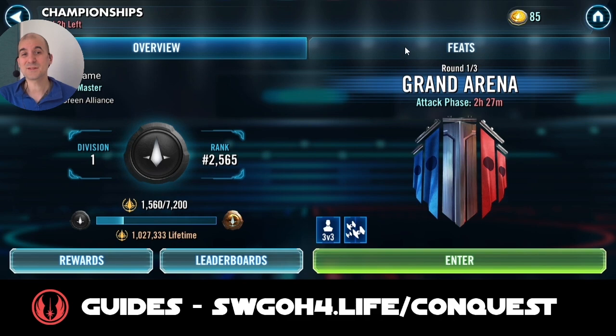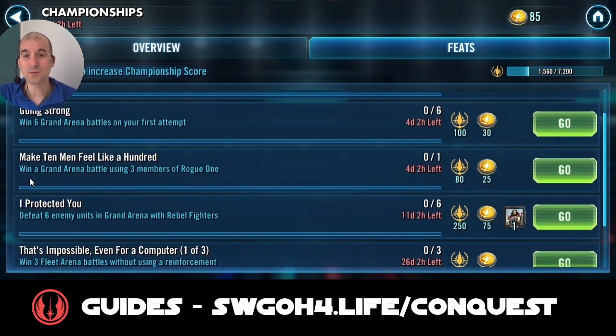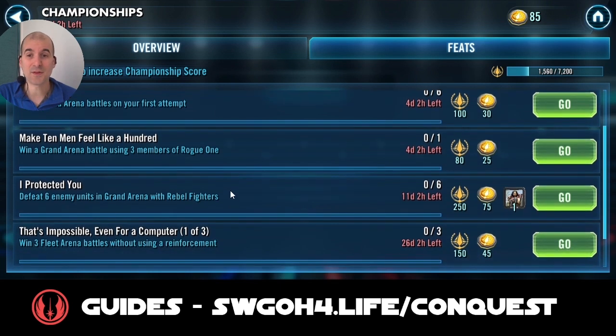As always, let's first kick off the video by looking here at the feats we have to complete. So it's Rogue One theme, so we got 2 here to start working towards. This one we have to win a battle using 3 members of Rogue One. This one could be tricky because this means probably using Jyn lead, and my Jyn is only gear 10, but even at Relic her lead is not all that great, so I'm not sure will we have opportunity in this